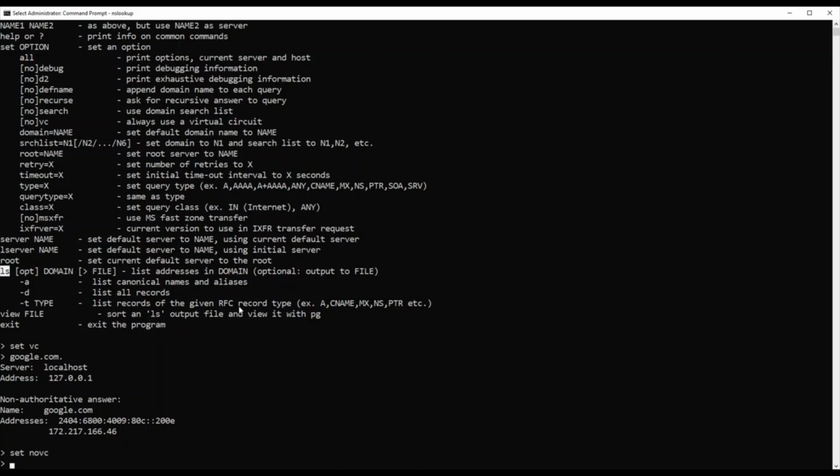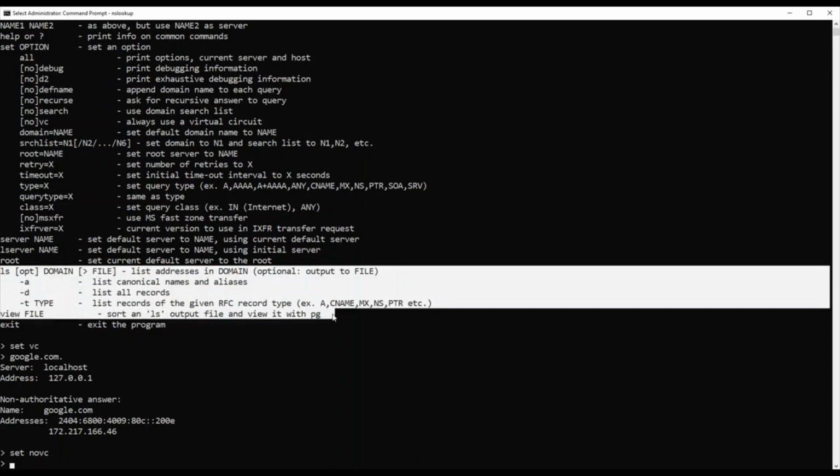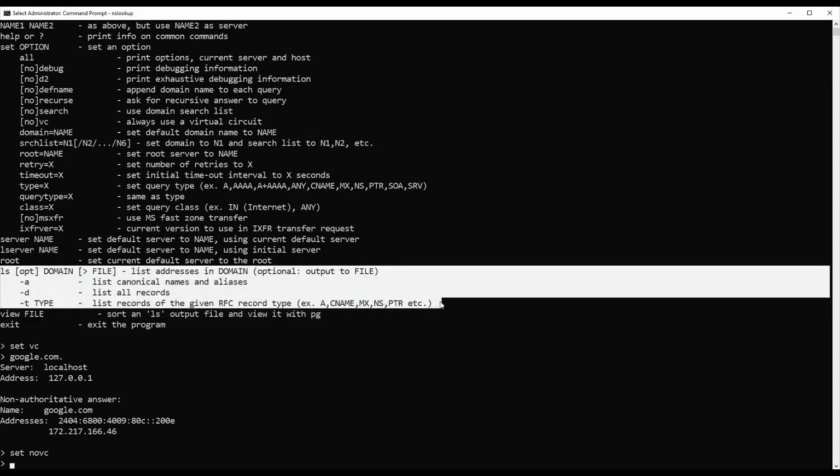So what you can do is, first of all, you need to enable zone transfer to your computer or the server from which you're going to do this NSLOOKUP query, right? So let's say I am going to do the NSLOOKUP query from this computer. This computer's IP address should be allowed in the DNS server's zone transfer setting. Once that is done, then I can use this particular option to get the zone data.